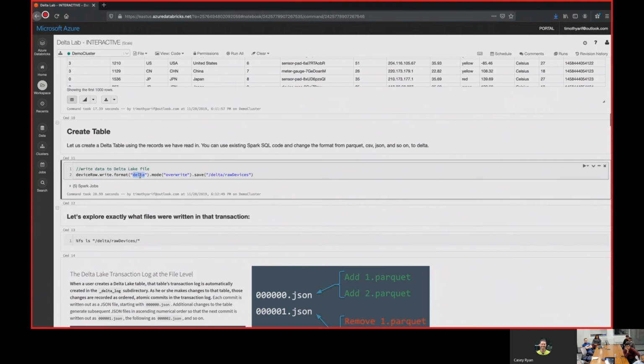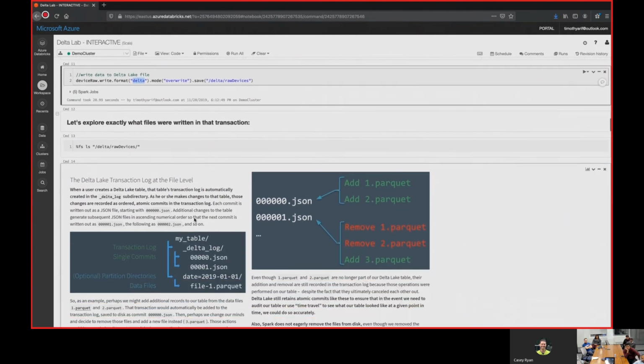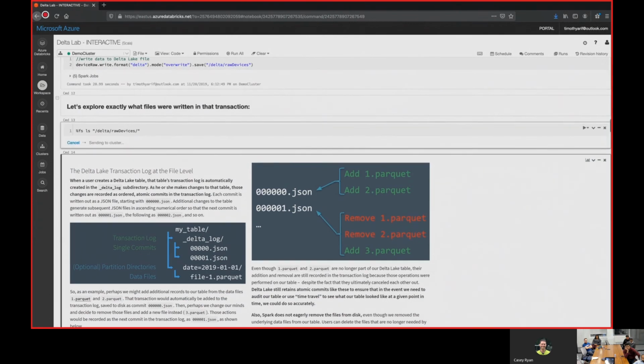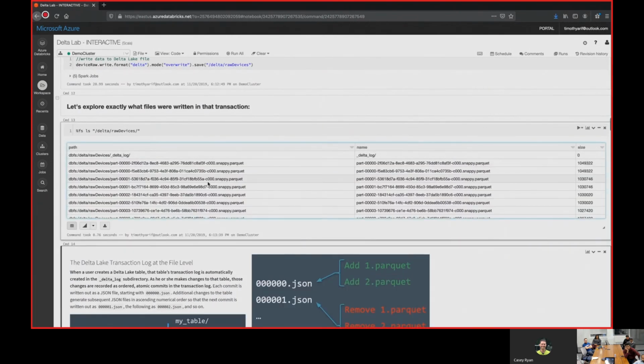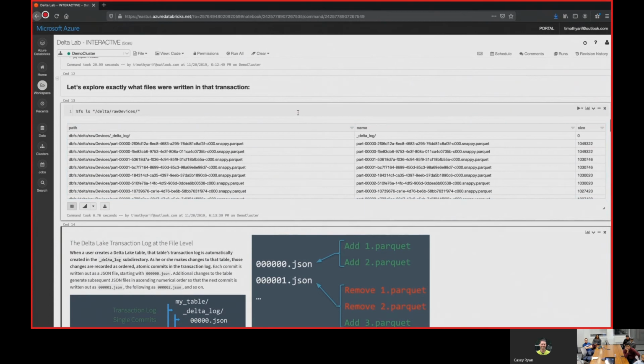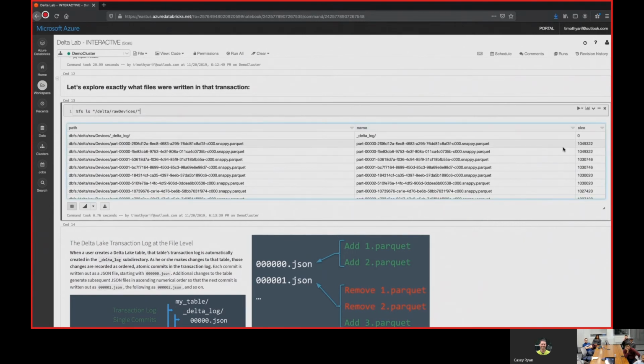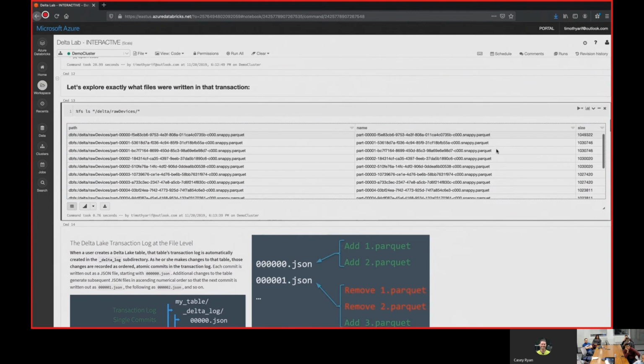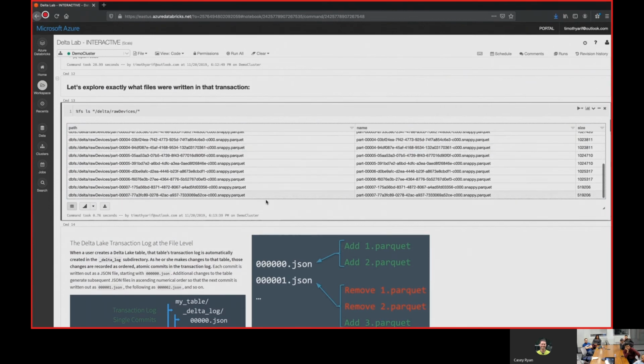We literally just changed the word from parquet to Delta, and it writes. So let's explore what happened. We're going to do just ls and look at all the different parquet files now. Before we had the JSON, and we went from JSON to data frame. And then from this data frame, we're writing back down to the Delta Lake, and we can see the size of everything and the different parts of the files. So these are all parquet files now.